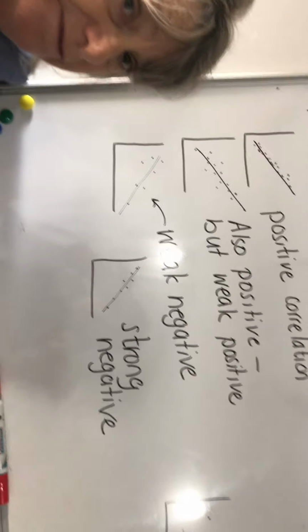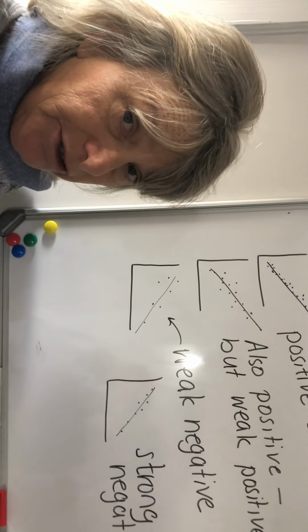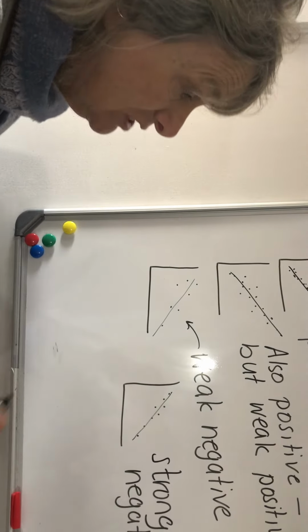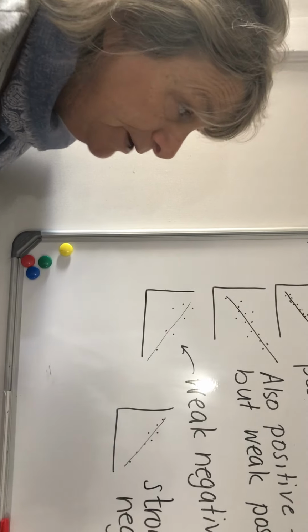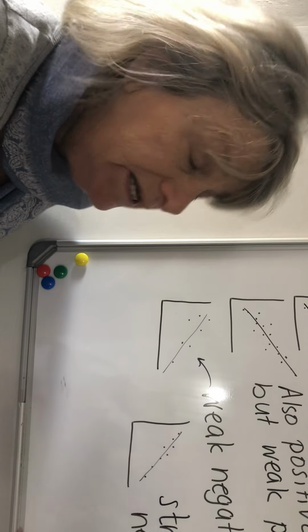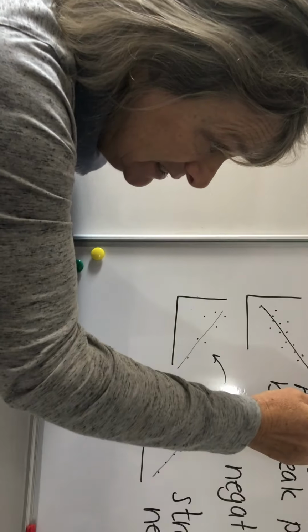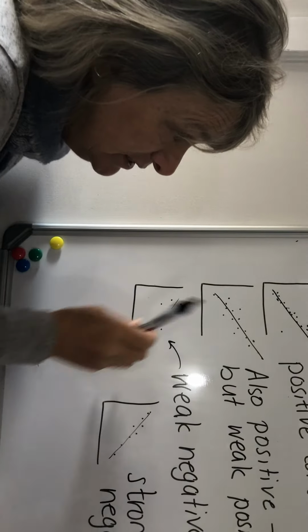A line of best fit is drawn. You try to draw it through the middle of the data. You would ignore any outliers. An outlier might be a point that is very different from the other points, and you could ignore those. And you would try to pass through as many of the points as possible and have as many points above